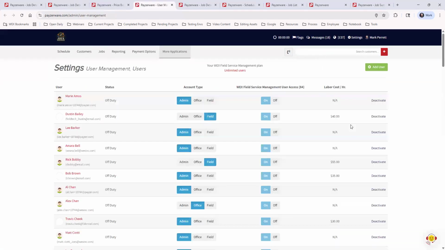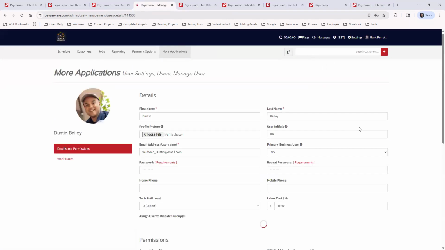And each user that you add, let's use my technician, Dustin here, you can update the labor cost right here. So updating this is saying, how much does it cost you to pay this user for 1 hour of service? Enter that here. And then when Dustin goes out on a job, he'll clock into the appointment, he'll clock out of the appointment, and then your system will take the labor cost per hour, multiply times the hours worked, and